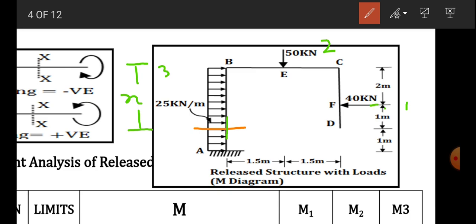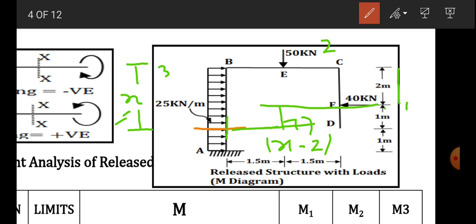Now if we draw the line of action for this 40 kilonewton, this line of action is horizontal. So we have to consider the horizontal imaginary axis and find the perpendicular distance between these two. This will be in terms of x, because that horizontal axis is located at a distance of x from the origin B. The 40 kilonewton force with respect to the origin is at 2 meter. So this perpendicular distance will be x minus 2.